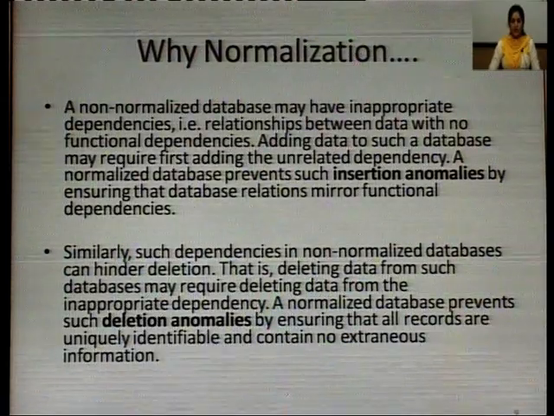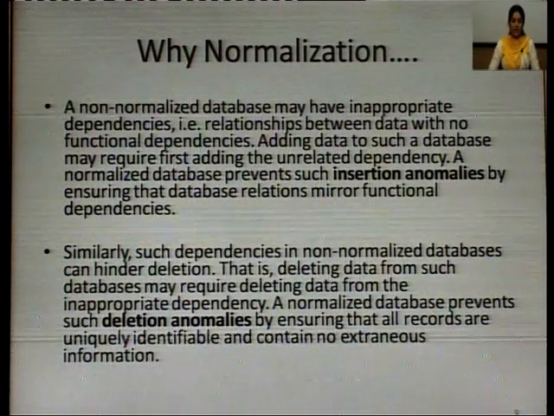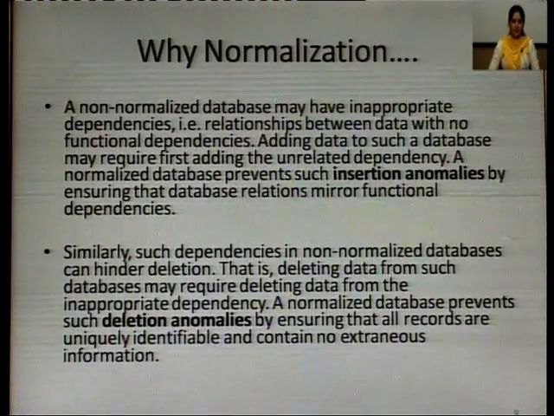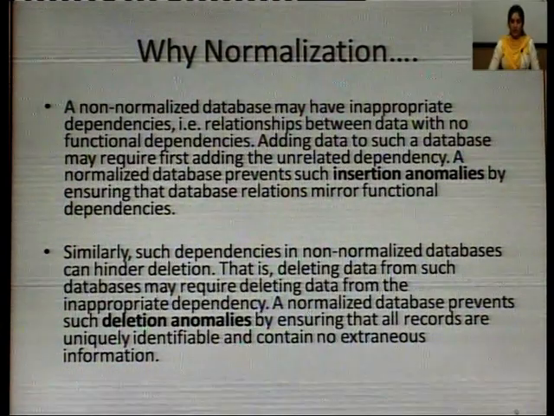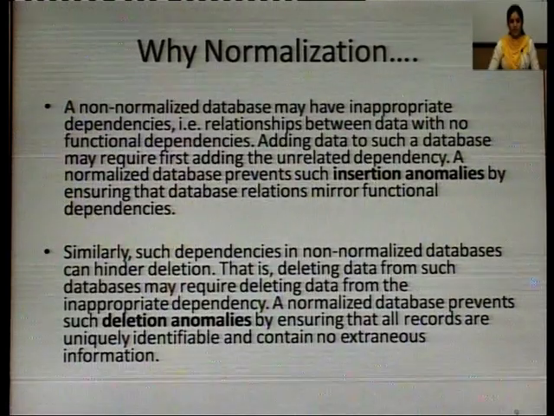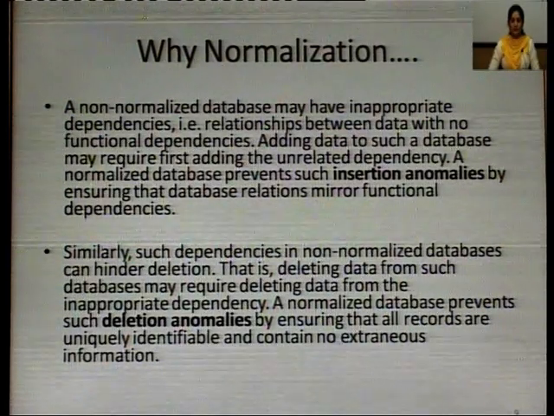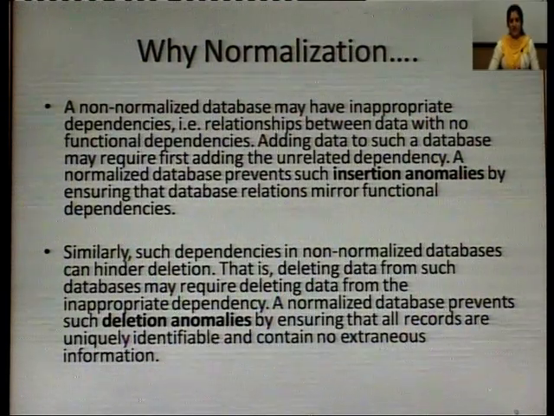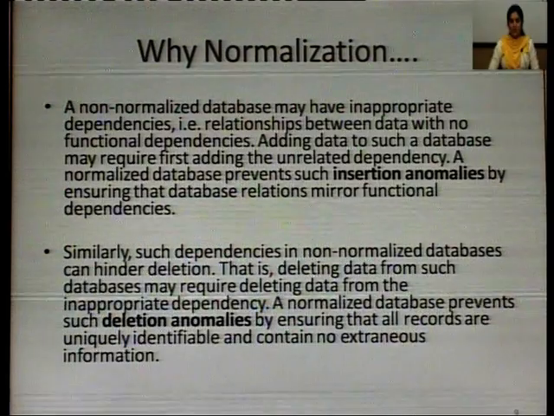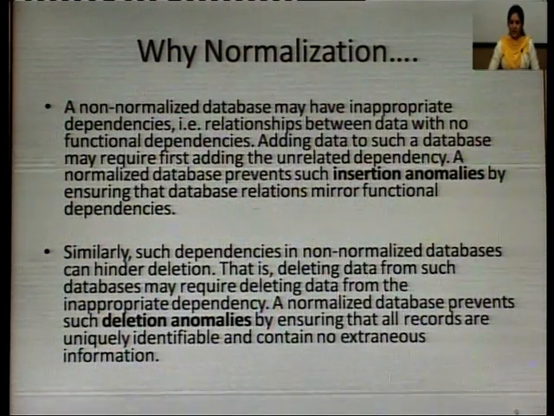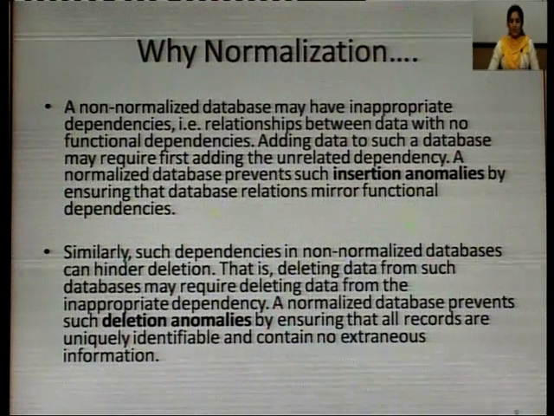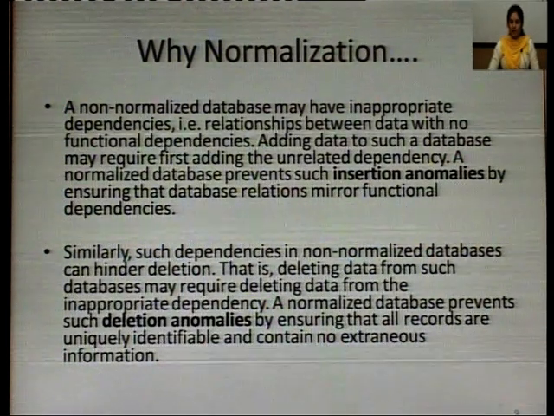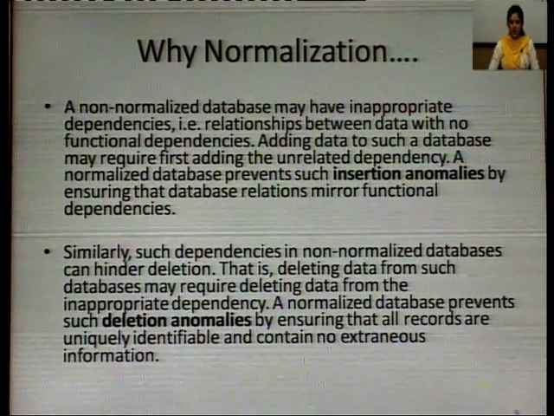The next thing is, a non-normalized database may have inappropriate dependencies. For example, one attribute of your database will be depending on some other attributes. Such dependencies should not occur in your database. It means the relationship between data with no functional dependencies. Adding data to such a database may require first adding unrelated dependency. A normalized database prevents such insertion anomalies by ensuring that database relations mirror